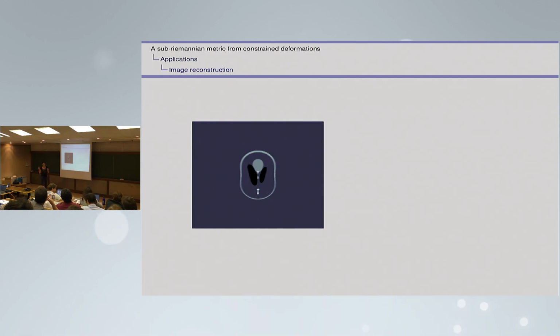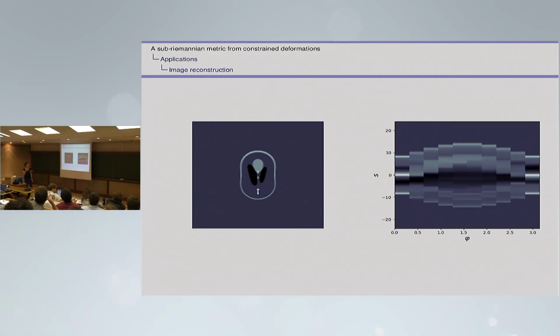Image reconstruction means that you have an operator that takes images as input and returns data. Here it's the ray transform. I think I have 10 angles here. So you set an angle, and you integrate following all these angles, and I obtain a profile that you can see here.